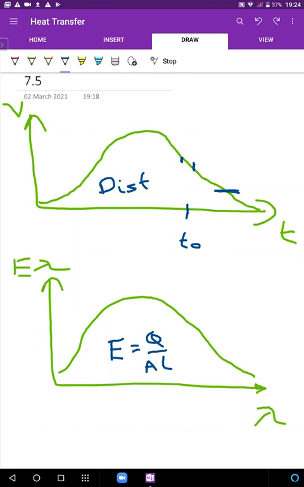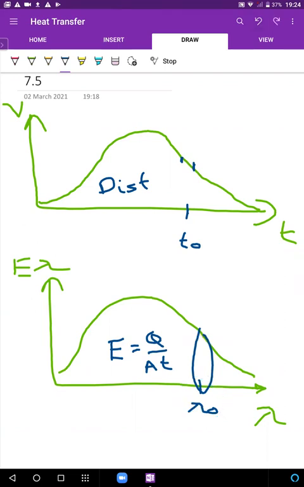यहाँ पे भी वैसे ही समझो. यहाँ पे कैसे समझना है? So the spectral emissive power near a particular wavelength tells you how much of the total emissive power is coming from that wavelength or coming from a small band near that wavelength. Just as there, how much distance is being covered around that instant, here this y coordinate represents how much emissive power contribution is coming from around this wavelength.